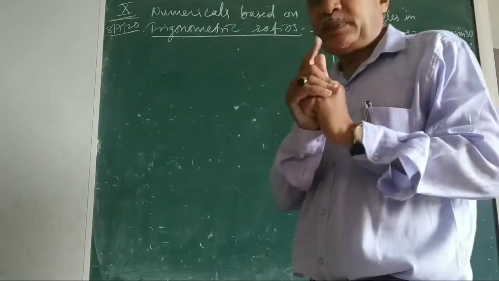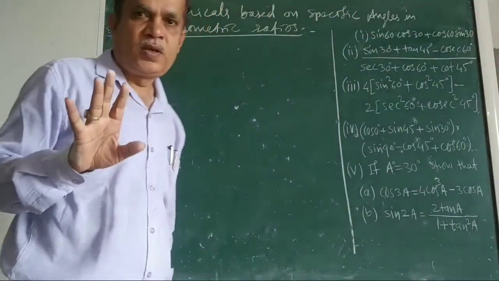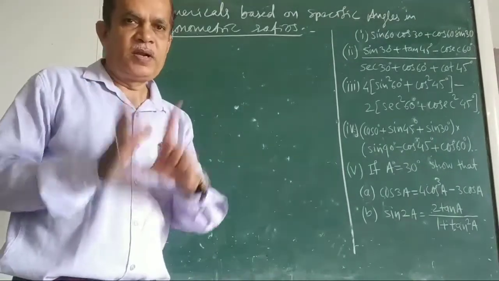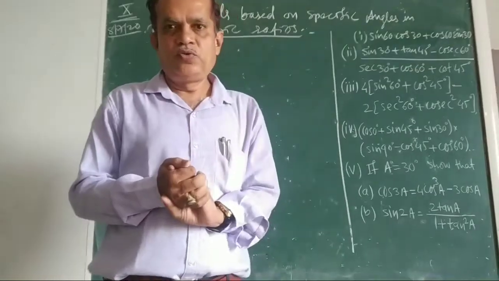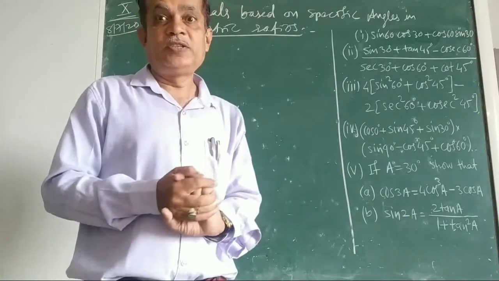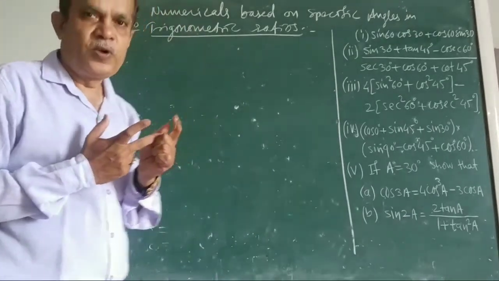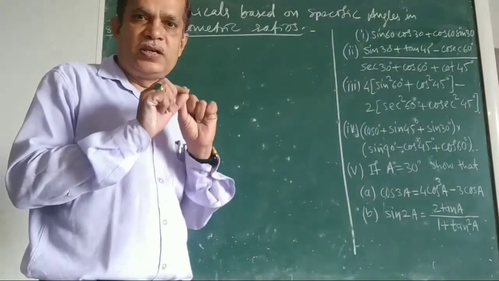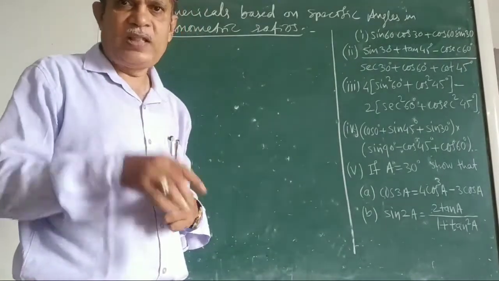In the previous video we discussed the trigonometric ratios of specific angles. Yes or no? You remember the table? To remember the whole table, which value is required to know? Only sin theta. If you know sin 0, sin 30, sin 45, sin 60, sin 90, you can write all values of all the remaining trigonometric ratios. Right? Did you try this?